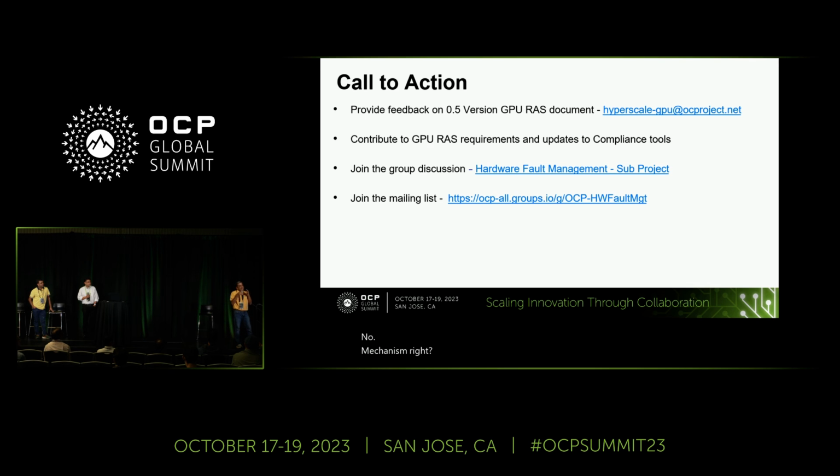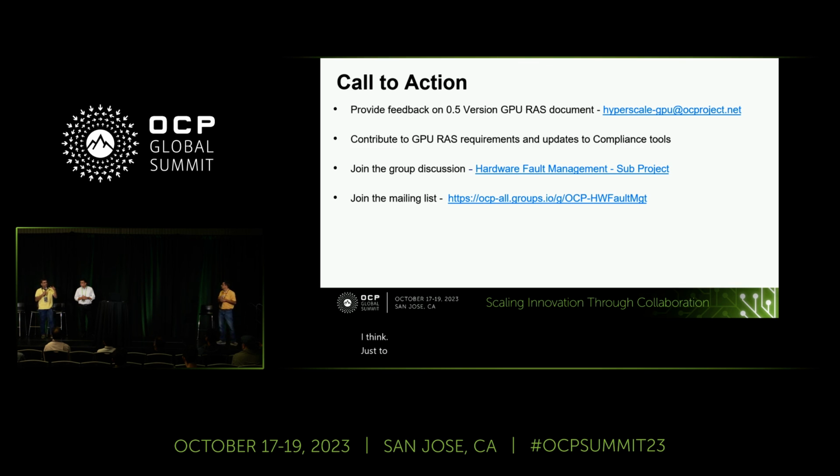So I think as long as GPU and accelerator vendors can harmonize on notification mechanisms and standardize the payload, we should be in better shape.